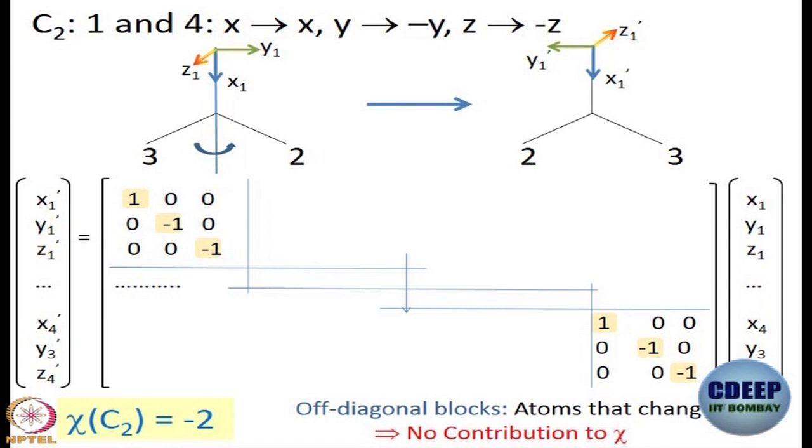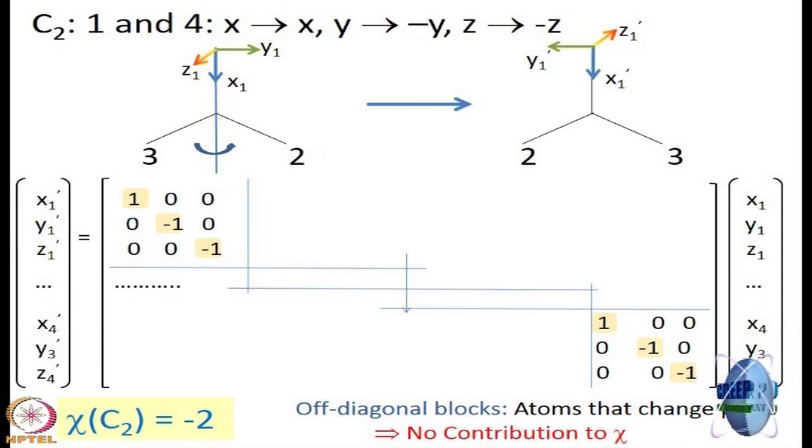So, this is the transformation matrix I get. I do not worry about anything else. See, the only thing I worked out is this. For x1 there is no change, for y1 it becomes minus y1, for z1 it becomes minus z1. So, that block is 1 0 0, 0 minus 1 0, 0 0 minus 1, and you will have an identical block for atom 4, because atom 4 also does not move. Have we understood this matrix? Okay. Why do I not write the off diagonal blocks? Of course, there will be a similar block for 2 and 3 as well, but they will be off diagonal. So, I do not even write them. The only thing I want is the character. What is the character then?